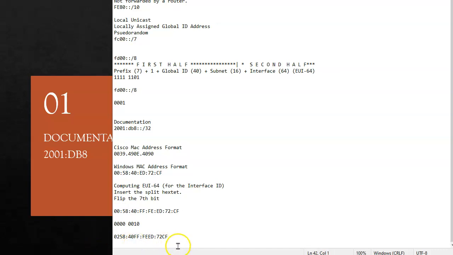And I'm left with a 64-bit segment that I can stick on the end of my prefix. And this should be unique for any interface that has a MAC address. Now, if I have a router interface, like a serial interface that doesn't have a MAC address, what will happen is the lowest MAC address that's in use on the router will be utilized